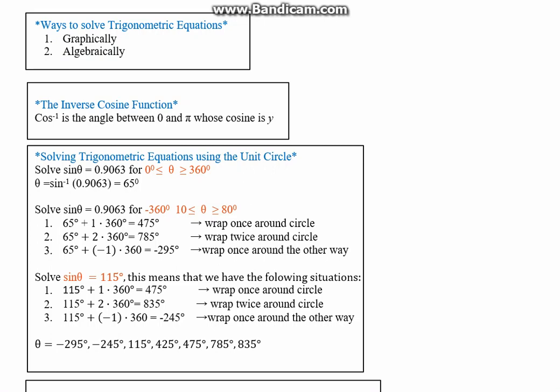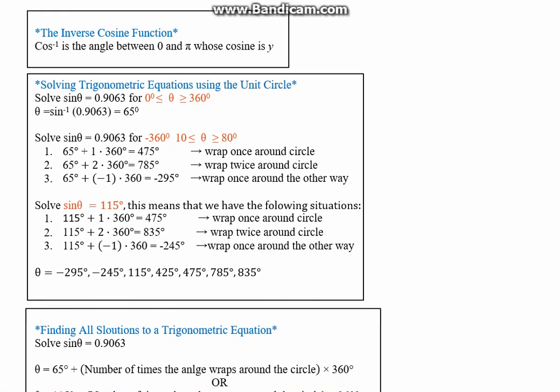Now moving on, the inverse cosine function. Cosine to the -1 is the angle between 0 and pi whose cosine is y. So that is the inverse cosine function. And we can also solve trigonometric equations using the unit circle. So let's say we have to solve sine theta is